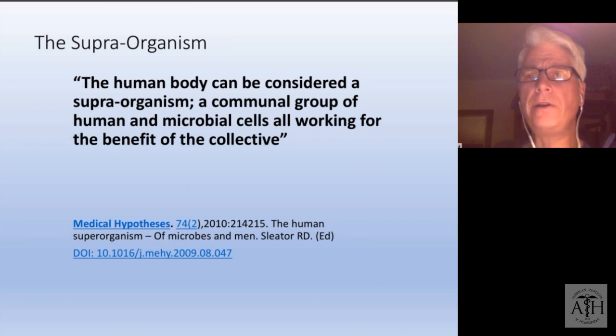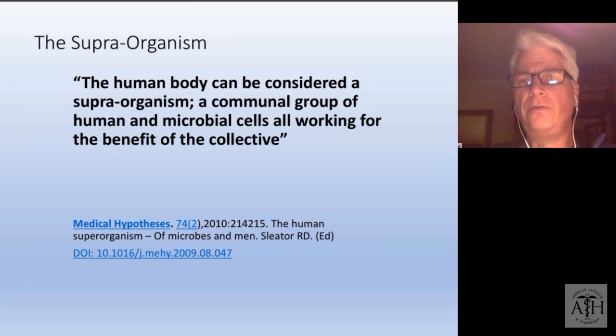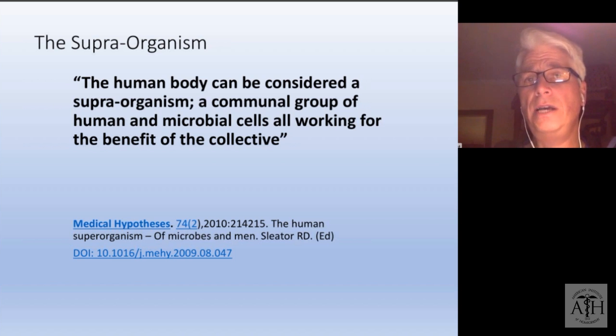So what we have here is the human biome and the human organism are actually part of what's known as a supraorganism. It's a communal group of human and microbial cells that work together. We don't survive very well without these organisms, and they don't survive very well without us. And as I mentioned at the very first slide, the Human Microbiome Project has had to use genetic sequencing technology